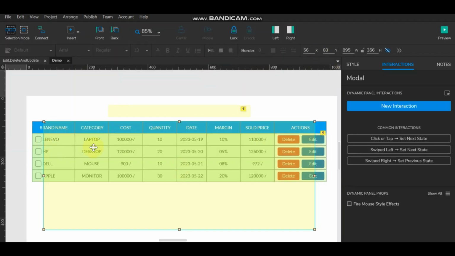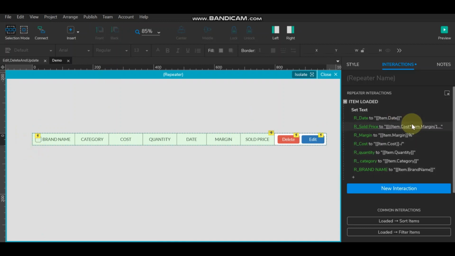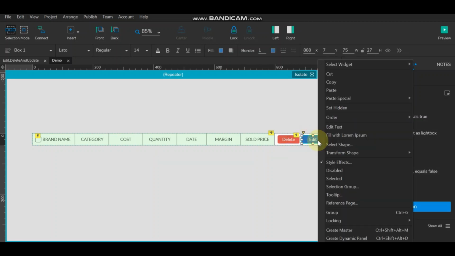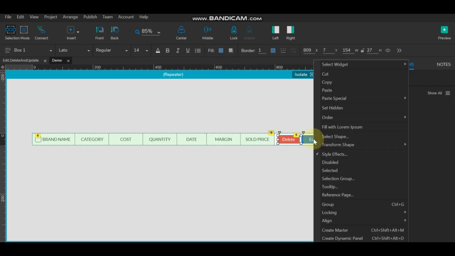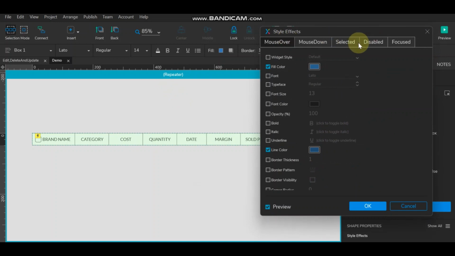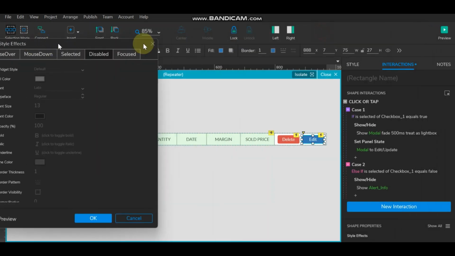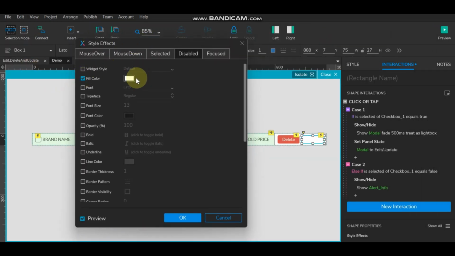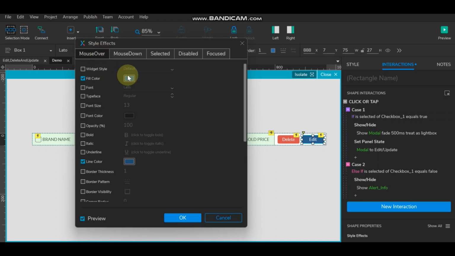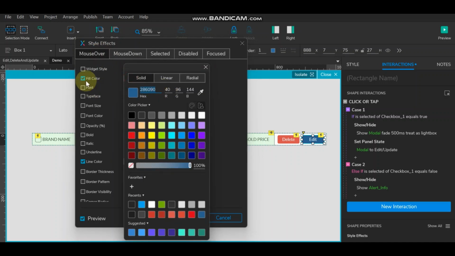So for that, we just need to add one more condition here, like this button. So we'll select both buttons. Okay, both are different colors, so we can use style effect. So here, if it is disabled, the fill color will take off. So we'll take the same color here,